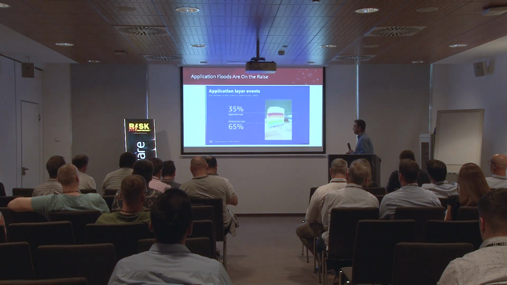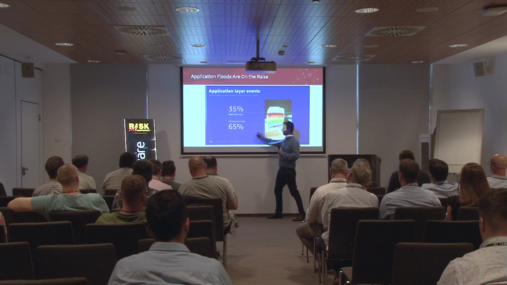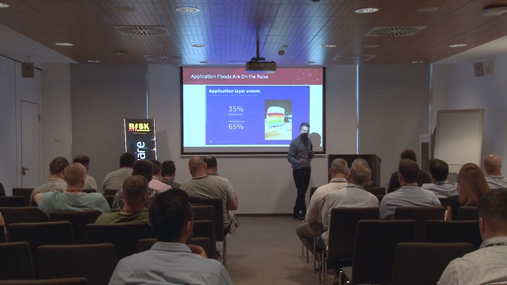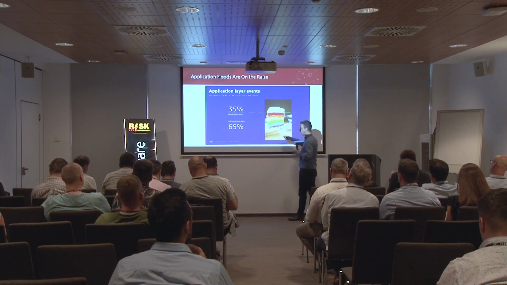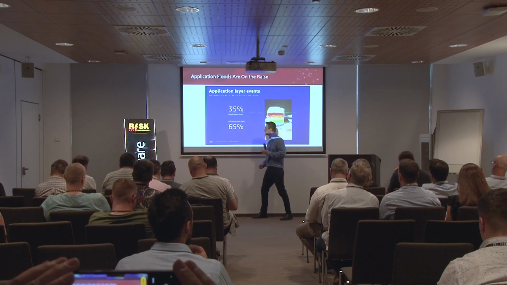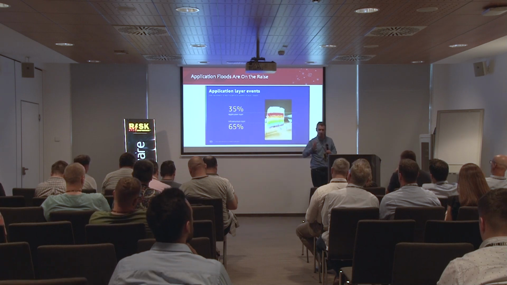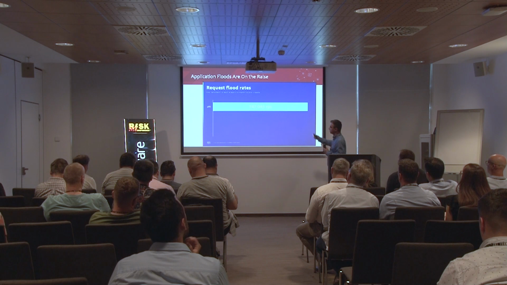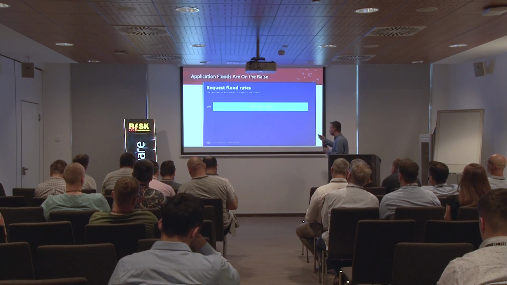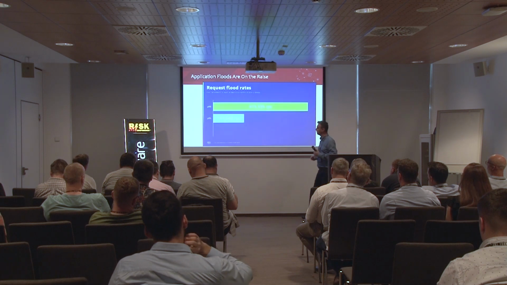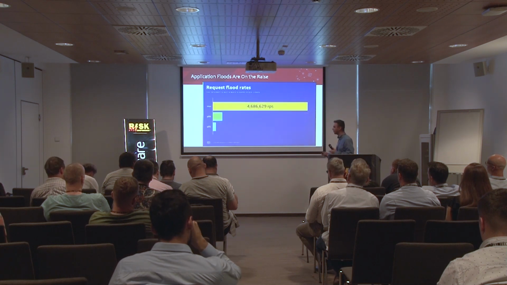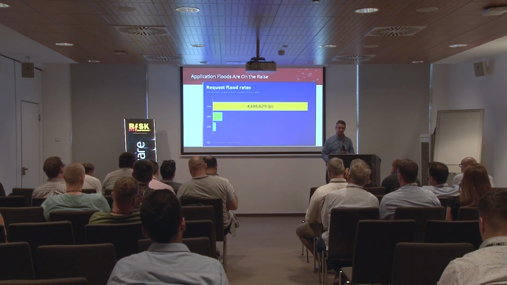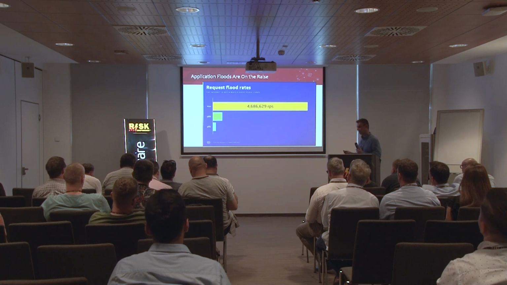So again, application floods are on the rise. Infrastructure and application: we see that 65% of the attacks globally are on the infrastructure. This is a statistic from AWS. And 35% are on the application, but we see the trend that more and more attacks are going into the application. So this is a normal behavior or statistic on the requests per second, but we see more and more traffic and requests. For example, the very recent one, 4.5 million requests per second.